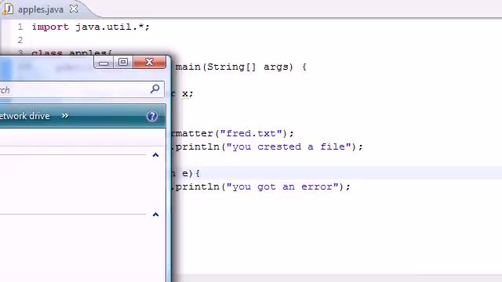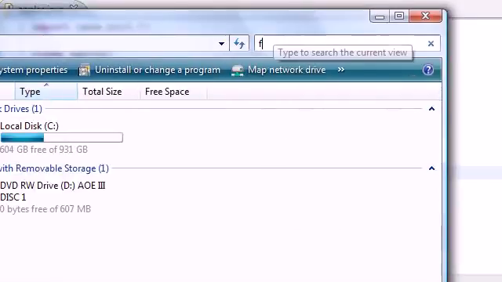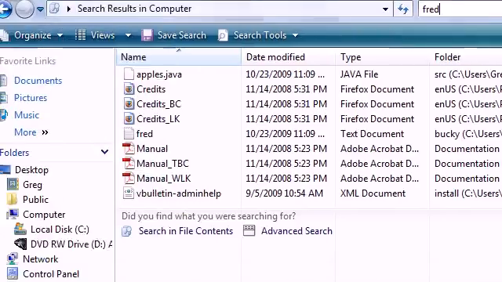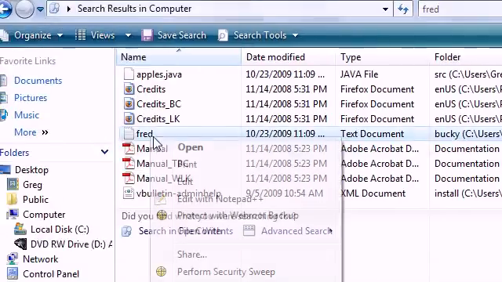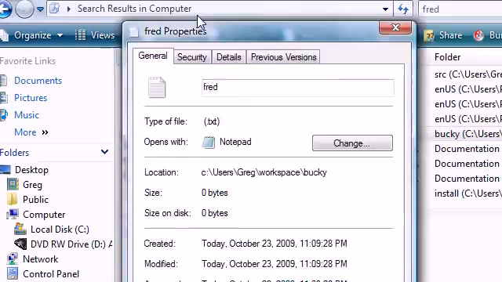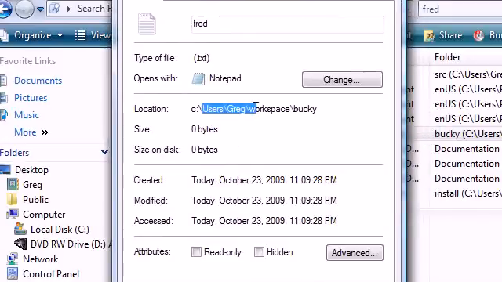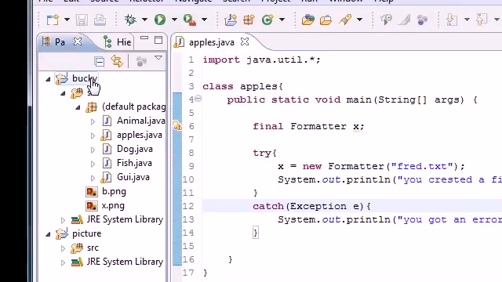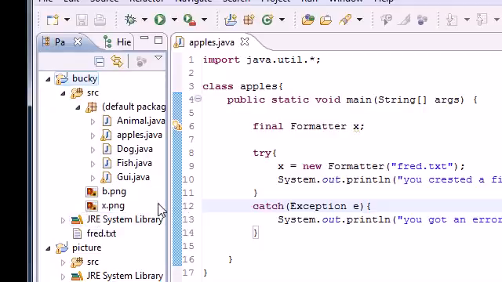Well, let's go ahead in this computer right here and search again, and now let's search for Fred, and make sure you only have one D, and bam, look at this. We now have a file created. If we click on the properties, it's created in C users Greg workspace Bucky, and that is pretty much right here. And if you're working with Eclipse, you can highlight Bucky, click refresh, and under your JRE system library you get